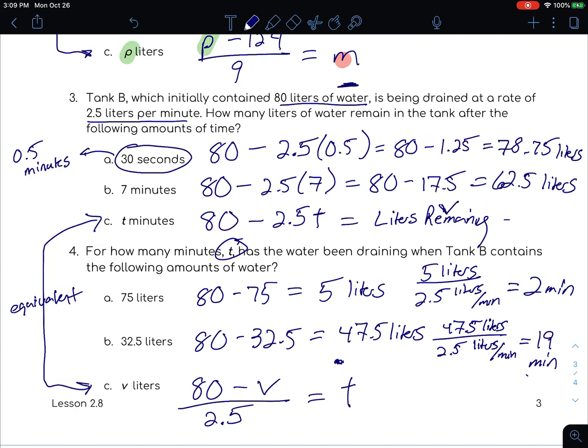So this one has v is equal to 80 minus 2.5t, where the one in 4c is t is equal to 80 minus v divided by 2.5. So equivalent equations, just with different variables that have been solved for. So if we're interested in liters remaining, we'll use the equation from 3c. If we're interested in the time,